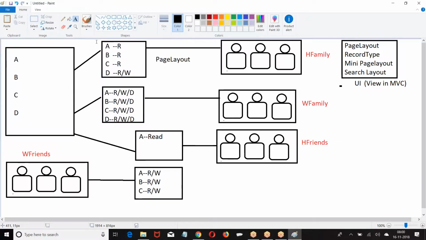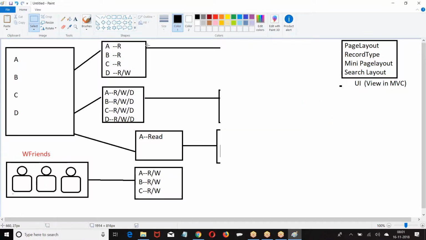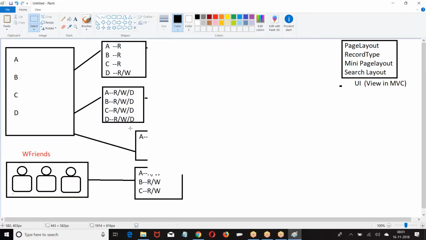Let us go to the next thing. What is the next thing? Record type. Let us extend the same example.